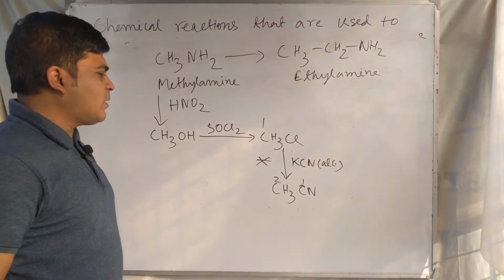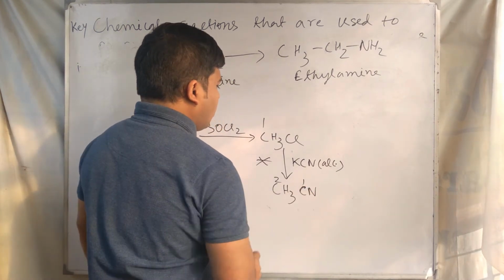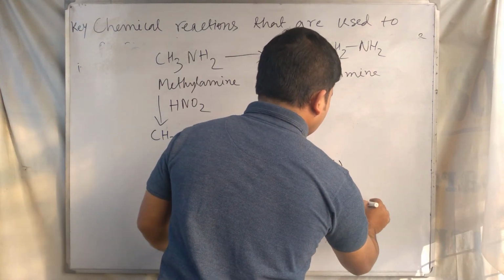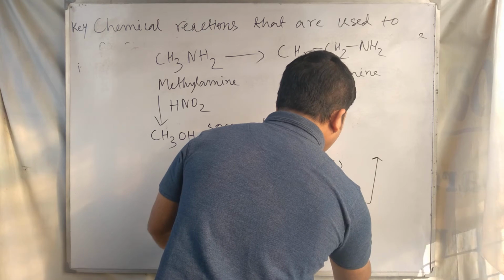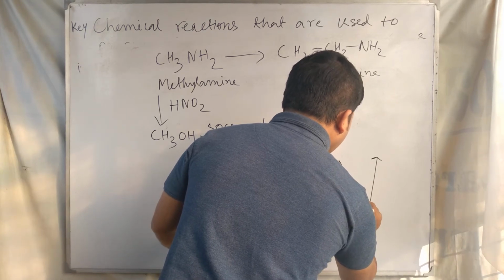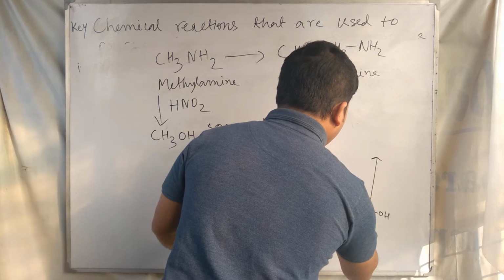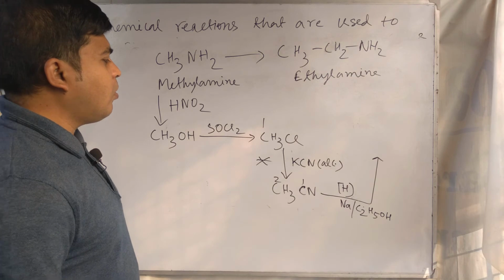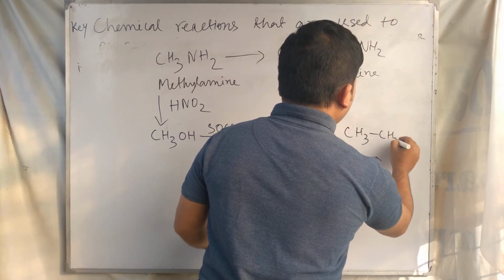Okay, this is the key step. The number of carbon atoms increases in this key step, from 1 to 2. Okay, and after that we have to use reduction by sodium and ethanol on the cyanide compound. It produces a primary amine,